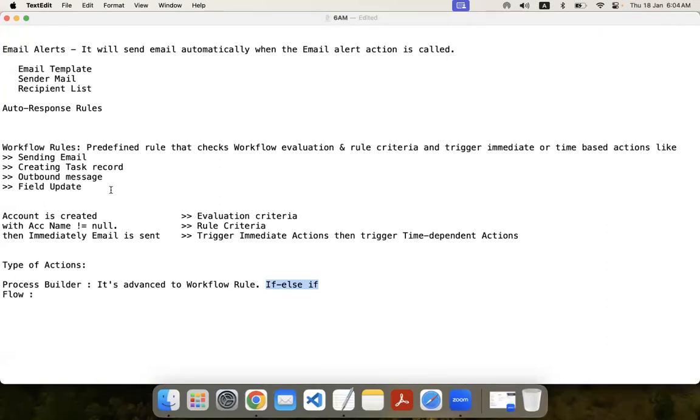Whereas in workflow rule, whatever rule criteria you specify, only if that rule criteria is met will the workflow actions execute, otherwise not executed. That is workflow rule. Only one set of conditions. Whereas in Process Builder, we can have multiple sets of conditions,